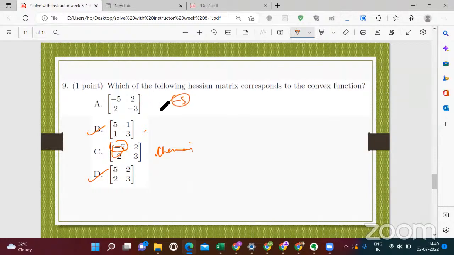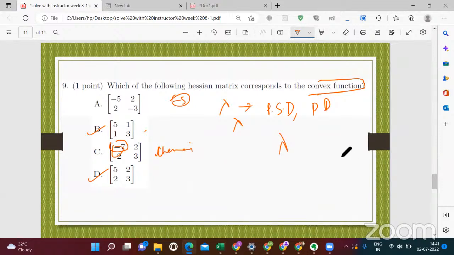Sir, I have a question here. Even if, let's say, one of the eigenvalues was 0, it would still be a convex function, right? Yeah, so from here, either the matrix is PSD or PD, so even if some eigenvalues are 0, that will be a convex function. So it should not be any negative, it should be non-negative. It can take 0.